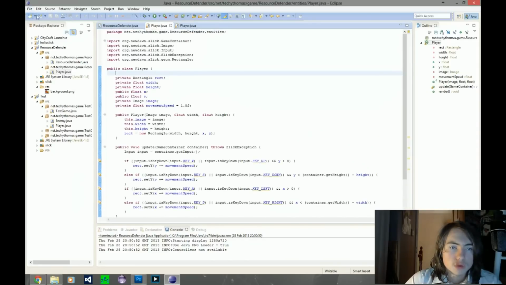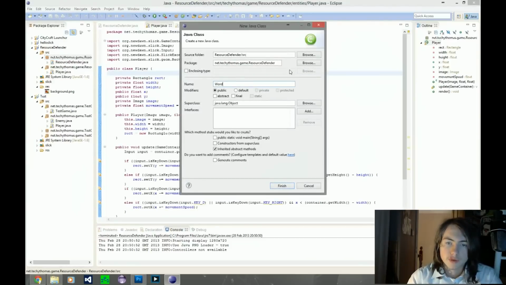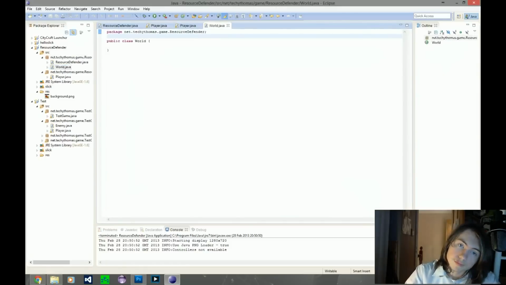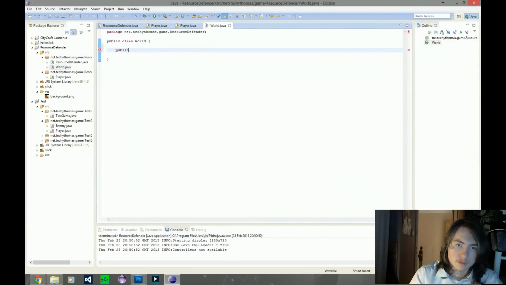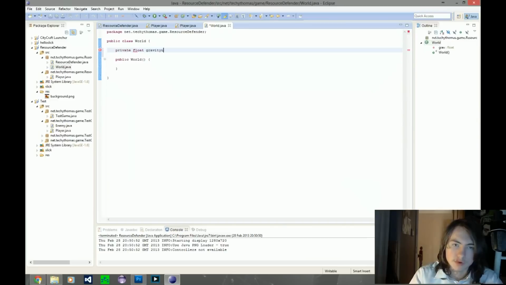We'll create a world class, and we'll just keep it in the main package. World. Public. Oops, that was completely wrong. Public world. Right, okay. Then we're just going to do private float gravity. The reason why I'm doing gravity, so it affects all